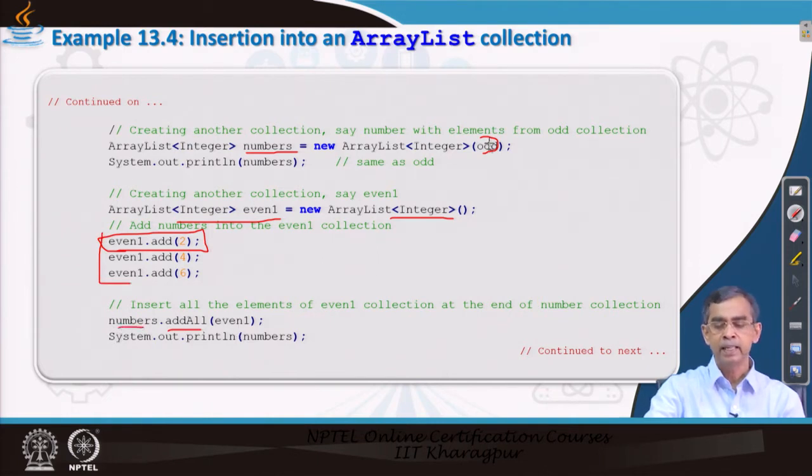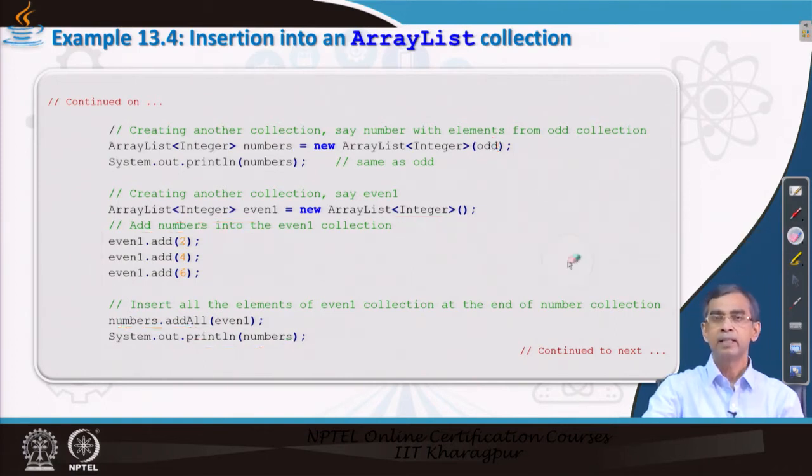Numbers is created initially with odd, and now all these are added. So this includes all the elements in the collection odd in addition to these extra elements. This is the usefulness of the addAll method, and finally it prints after the insertion of the elements. So this program shows the different ways insertion can be done.